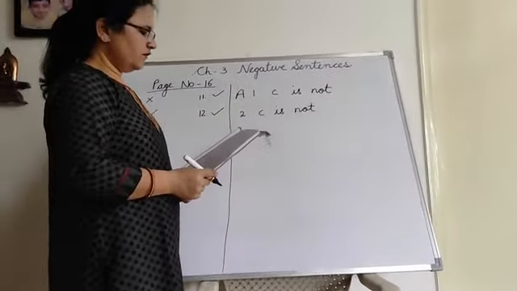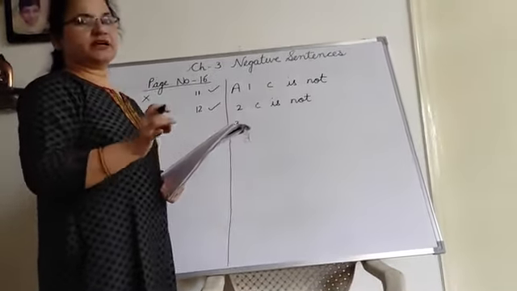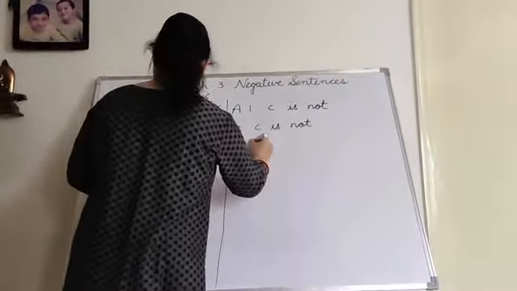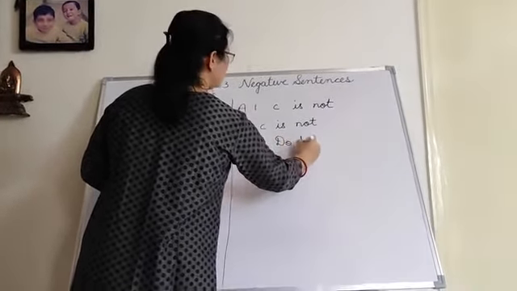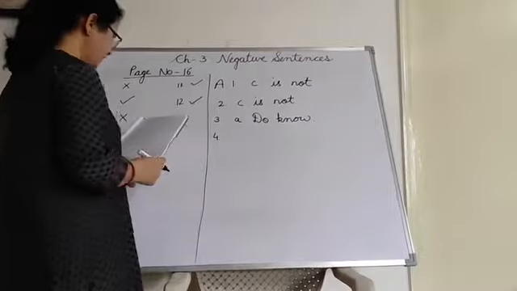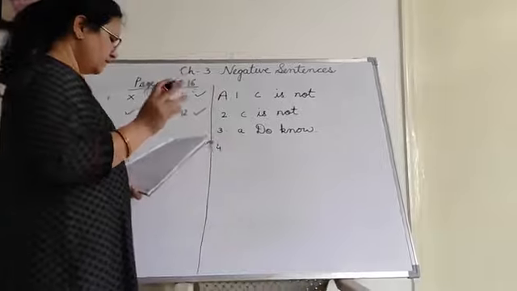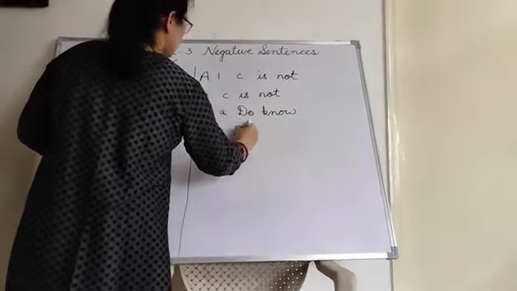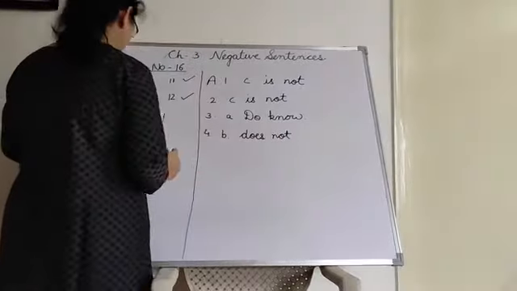Now third one, children. Dash open the window. So what will come? Children, with imperative sentences, does not come. So here what will come? Do not open the window. So again A option will come. Do not. Always keep in mind when the blank is on the first place, you will begin with capital letter. Deepak dash plays football. Now with singular noun does will come. So B option is correct. Fourth B. Deepak does not play football.